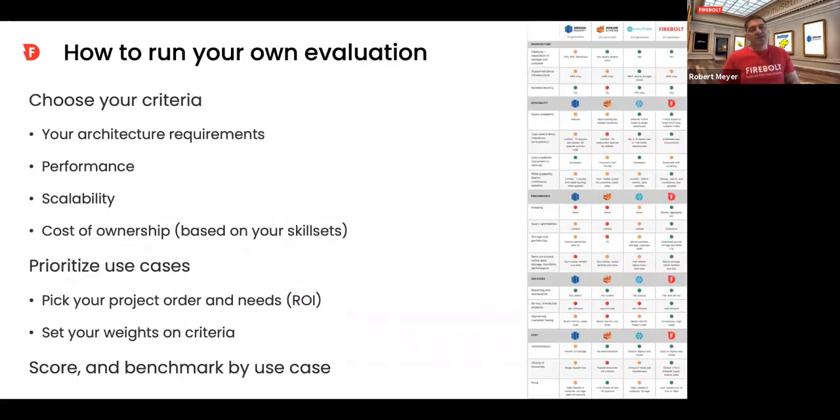I think this is pretty much where we can leave off and open it up for questions. Hopefully you've gotten a sense of how you might use all the requirements. You can read through the comparison guide and pick the ones that matter for you. I would do it after you've identified your key use cases, because your use cases are going to drive your criteria. Then lay them out, put down your combined use cases, score and weight them as you see fit, and then use them to drive your POCs and your benchmark as well.